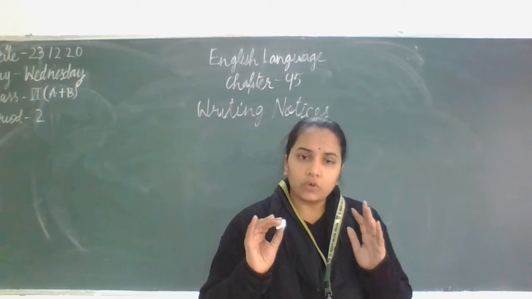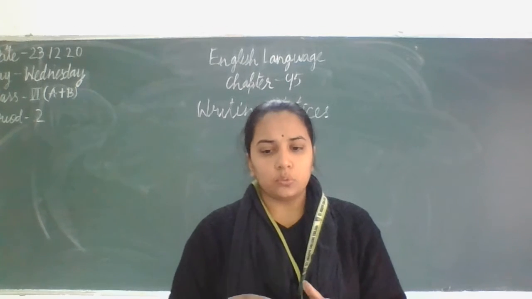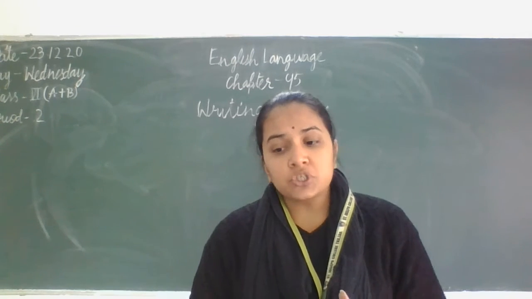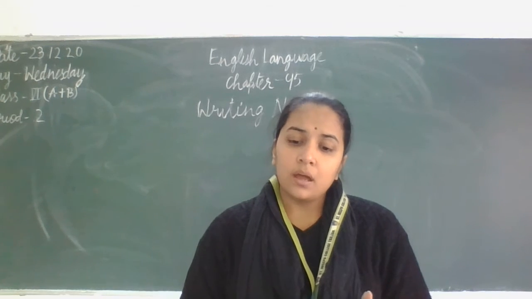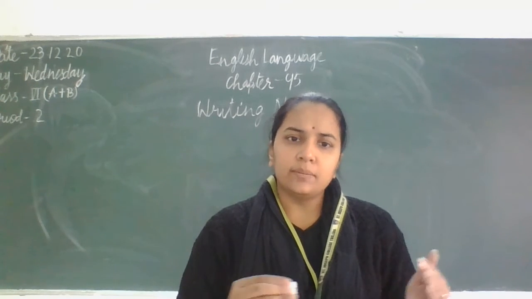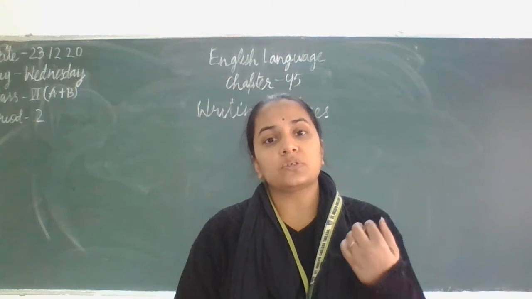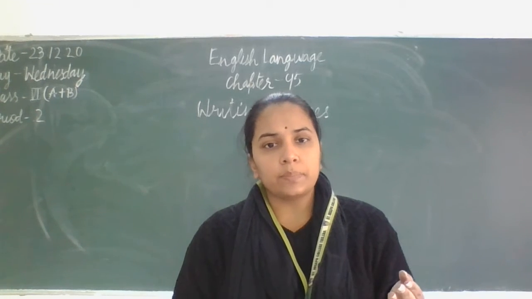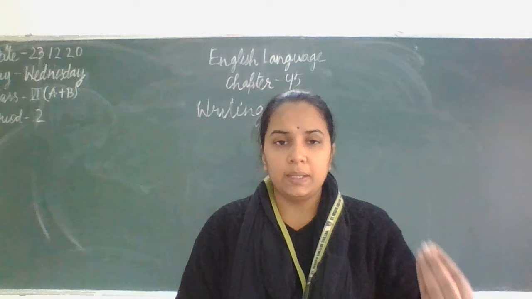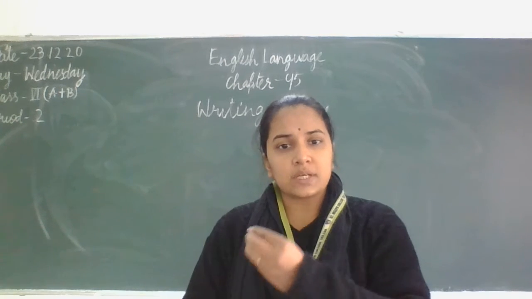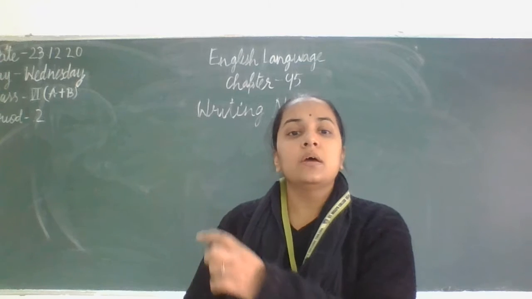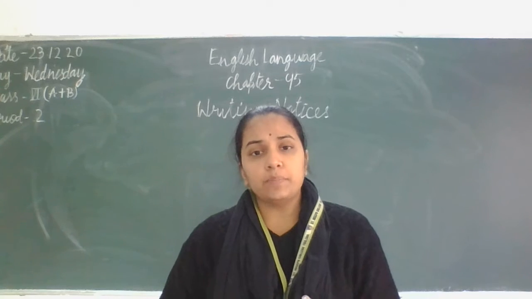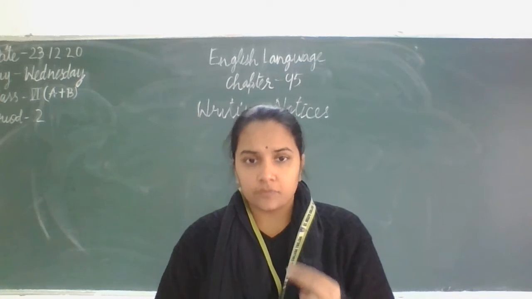So, what are all the things that should be included in the notice? The date on which the notice was written, a description of the thing, then all other details: time, place. The notice can be about an event. The notice can be about something lost, where you want to inform people that these things are found, and the people concerned can contact such and such person at such place between this and this time. So notices can be written for different purposes, just to provide a piece of information.